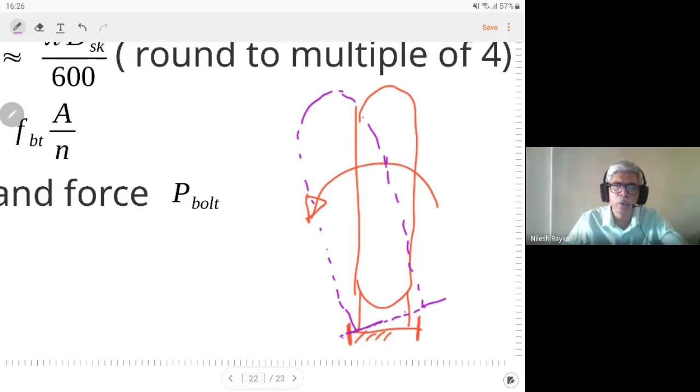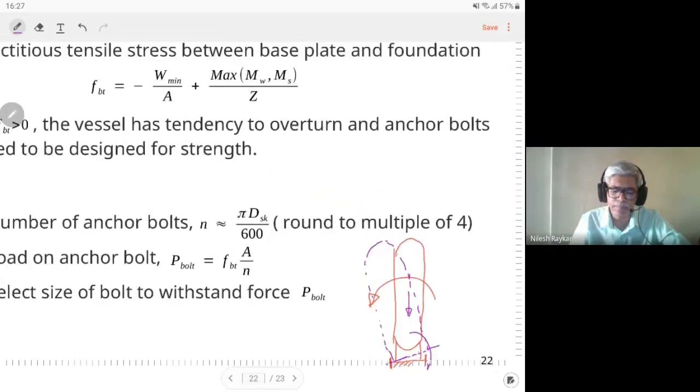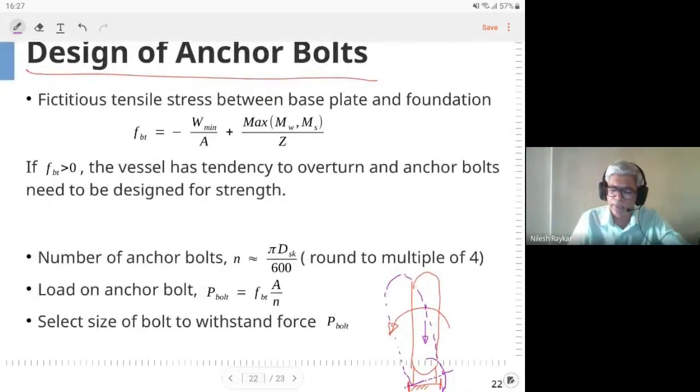So this is like the bolted brackets we designed in machine design in the previous semester. But in this case, in addition to this moment, the weight of the equipment is also acting. The weight of the equipment will act in the opposite direction and will try to bring back the base plate to its original position. So those two effects are considered in this calculation. We are considering the worst scenario, when the vessel is lightest. So here W min indicates that the vessel is lightest.